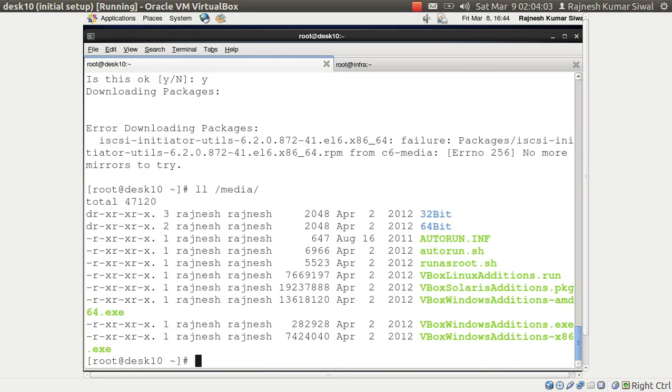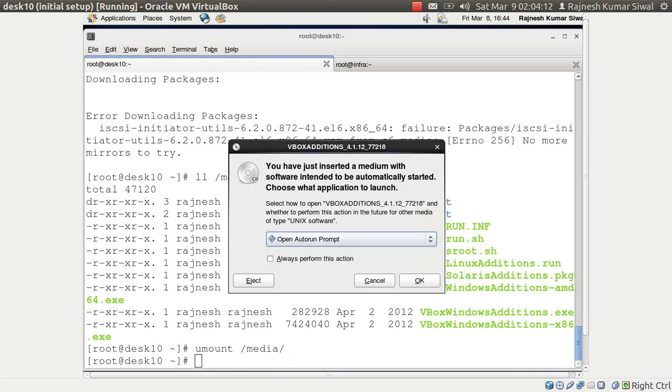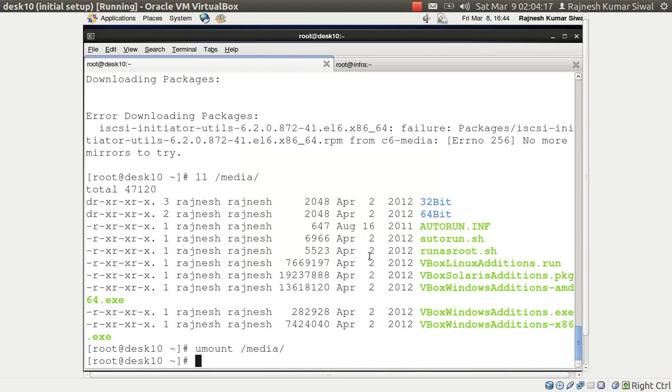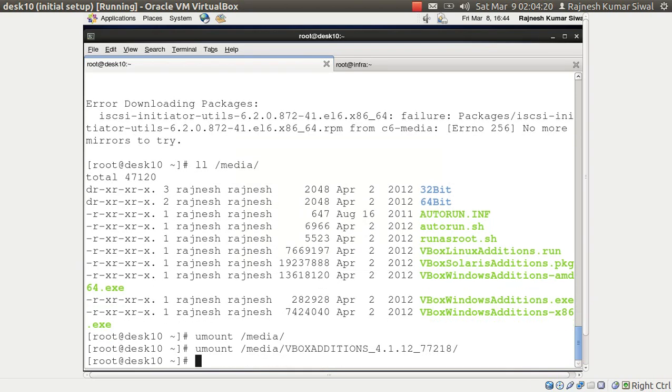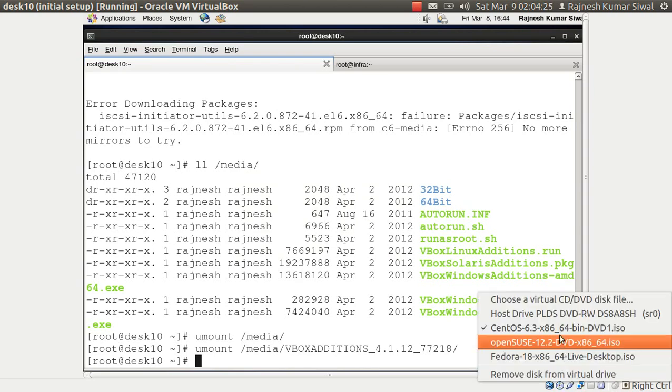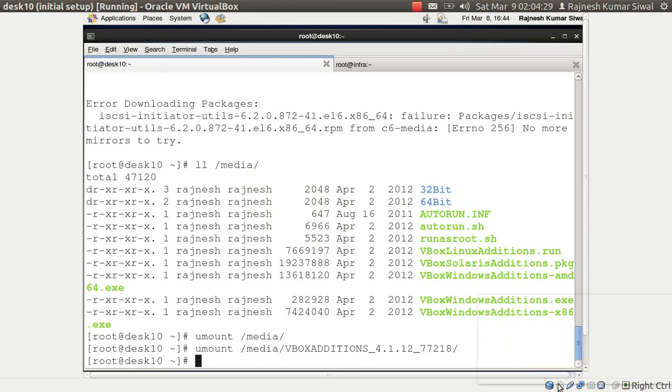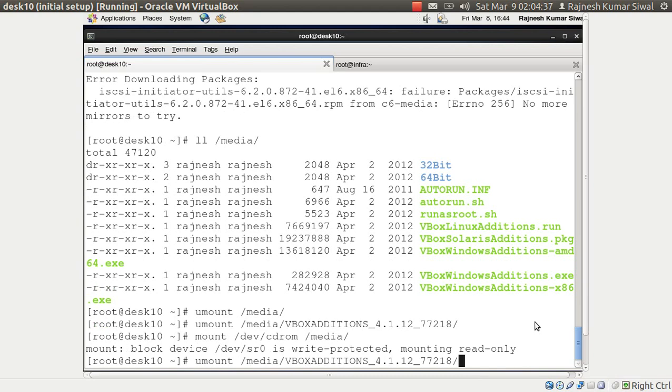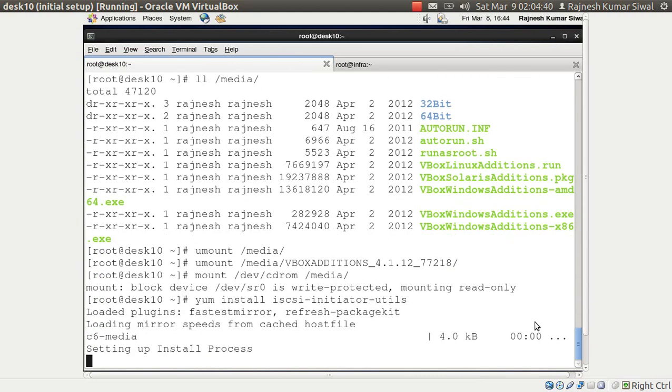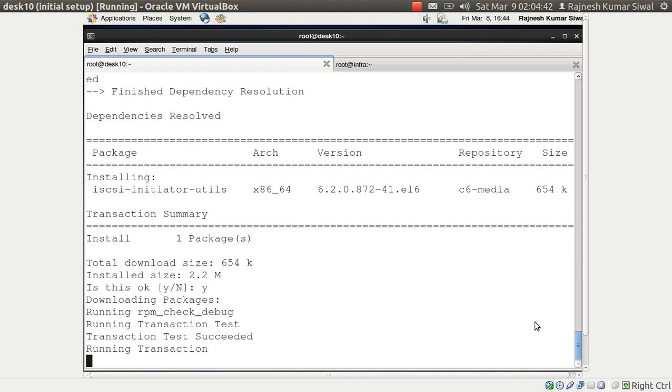media. Okay, this is actually the VirtualBox add-ons, so I have mounted the wrong DVD. Let me just remove it, cancel. Let me unmount it, and now I'll mount my CD drive. Okay, so